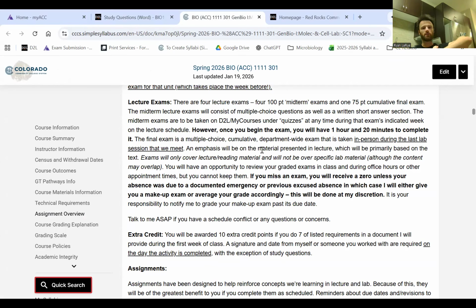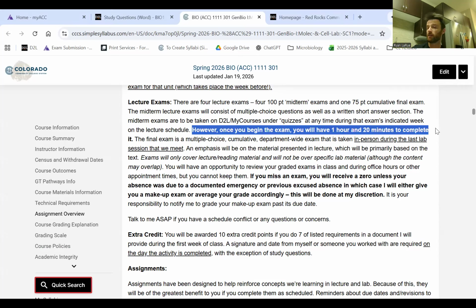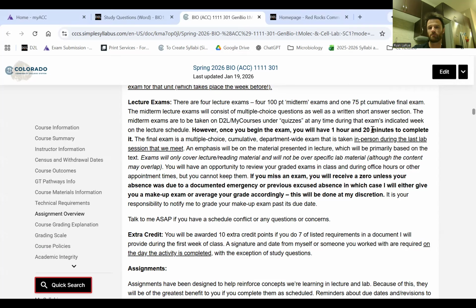Study that material, obviously, and then you have that entire week to take the exam. The key, however, is you can't pause it and come back. Here it is, in bold. Once you begin the exam, it's timed and you have 1 hour and 20 minutes to complete it. I'll talk about format and whatnot later on.